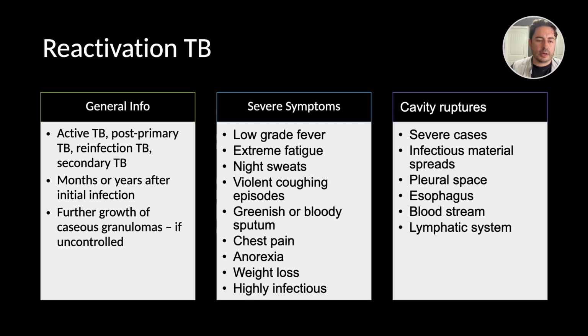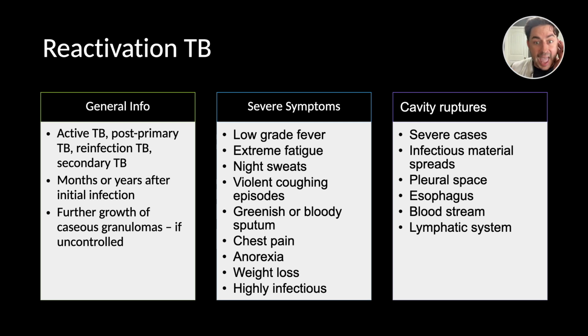with the symptoms with severe TB. If it's not bloody, the patient can have a greenish sputum. Patients can present with chest pain, anorexia, weight loss. These patients are highly infectious at this point. So 3 things that you need to underline, highlight, and circle are the night sweats, bloody sputum, and unexpected weight loss. Those are 3 key signals for you to be thinking and your antenna to be going off that this